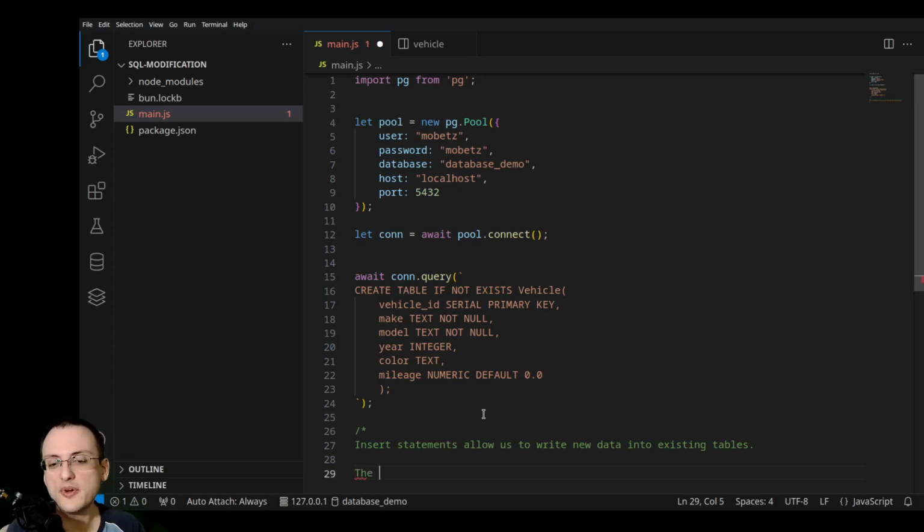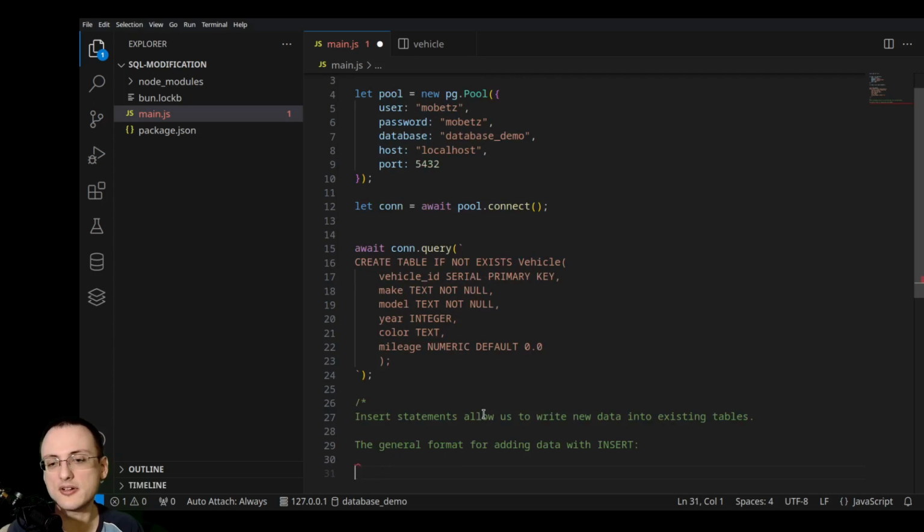But once we have a table, which normally was written weeks, months, years, decades ago, the general format for adding data with insert is going to look like insert into whatever table this is, and then after that, we put each column that we want inside parentheses, column 1, column 2, column 3,